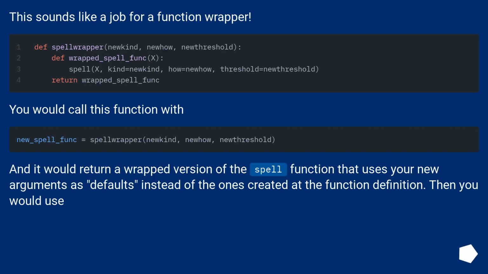This sounds like a job for a function wrapper. You would call this function with, and it would return a wrapped version of the spell function that uses your new arguments as defaults instead of the ones created at the function definition. Then you would use